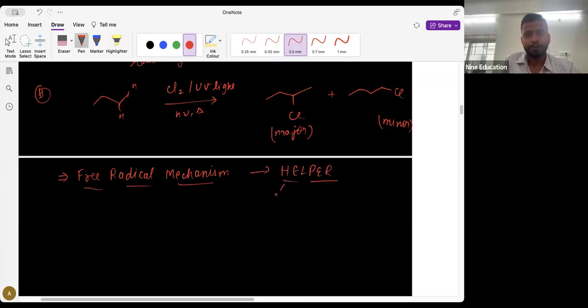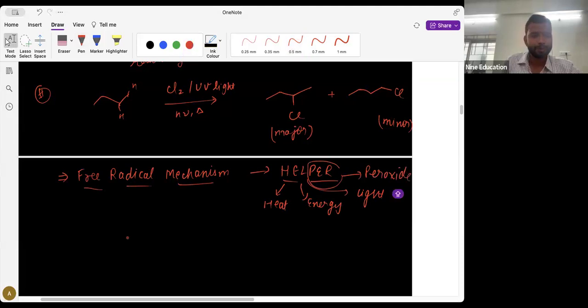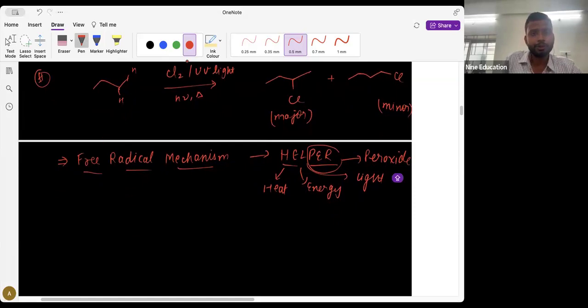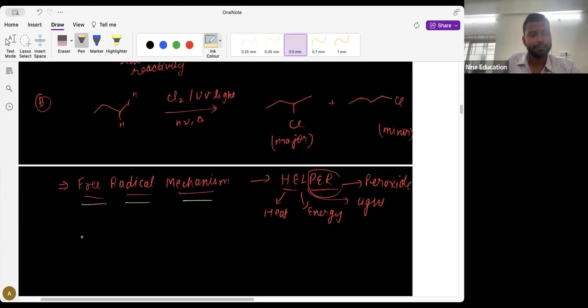Helpers are what? Helpers में H होता heat, E होता energy, L होता light, and PER होता peroxide. So whenever we have a helper on our arrow, you should know that it should be a free radical mechanism. है ना? अगर ये free radical mechanism है, so इसमें से if this hydrogen and out of this hydrogen is